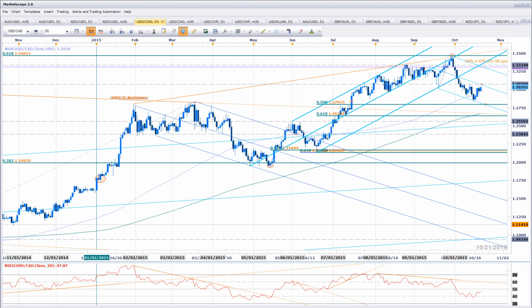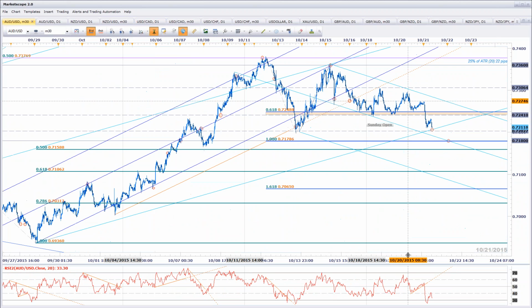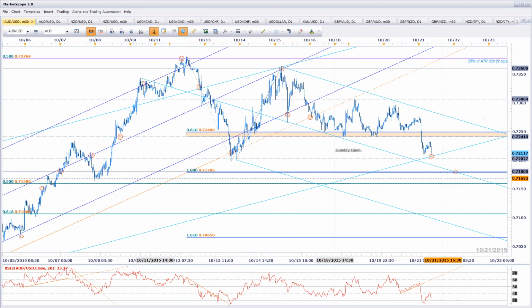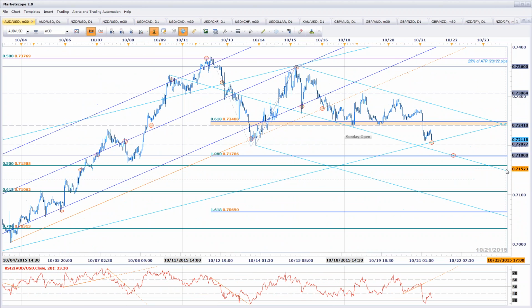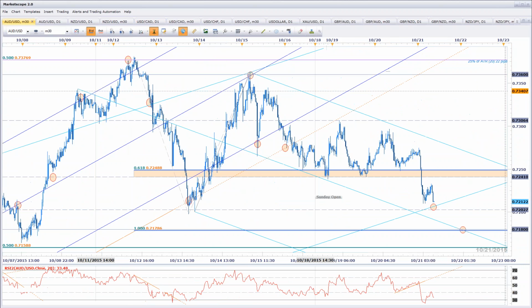But it's all up to the BOC. Let's see what these guys got for us here later today. Any questions on the Aussie before we move on? 71.78, 71.70, let's call it. This is the region in which I'm looking for a little bit more meaningful support. If that gives out, we'll be looking for a little bit more of a substantiated pullback here. Wouldn't be outside the realm of possibility, Chris.